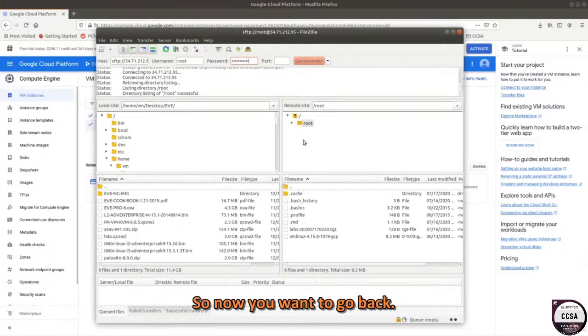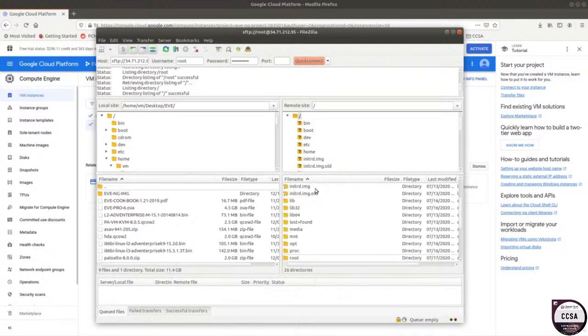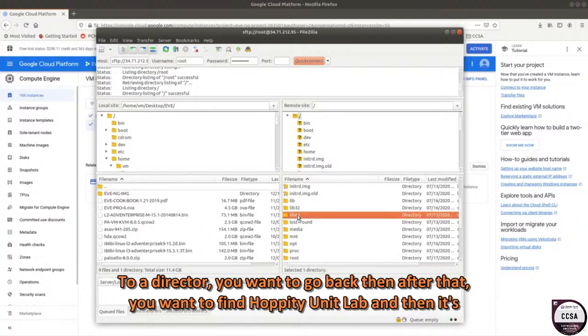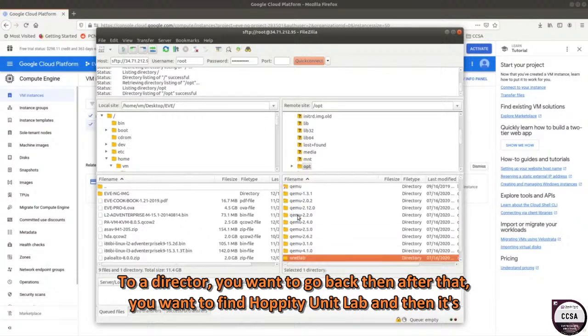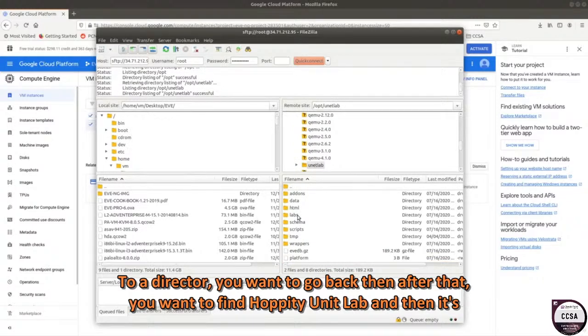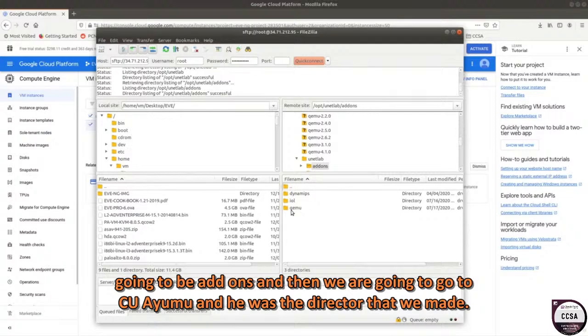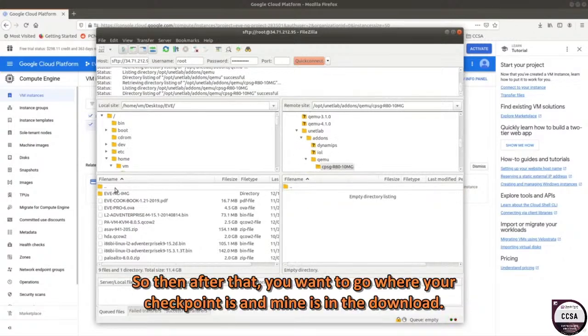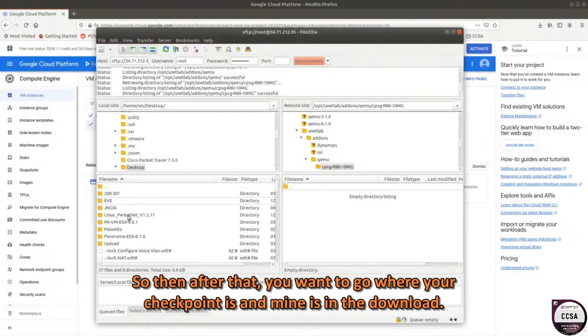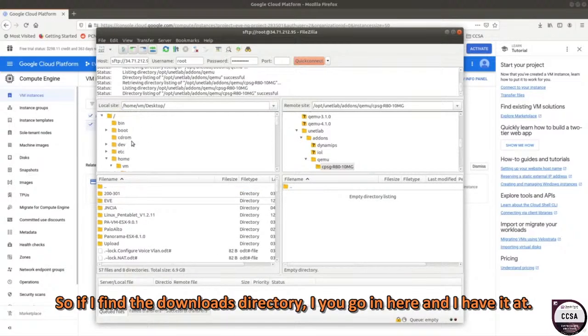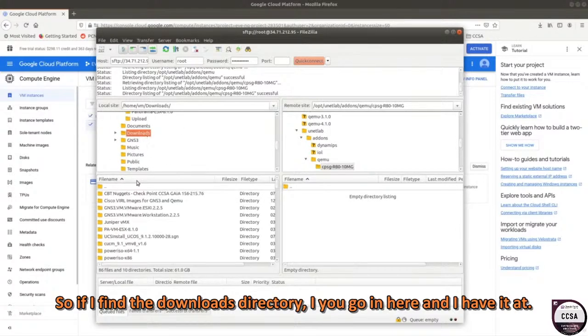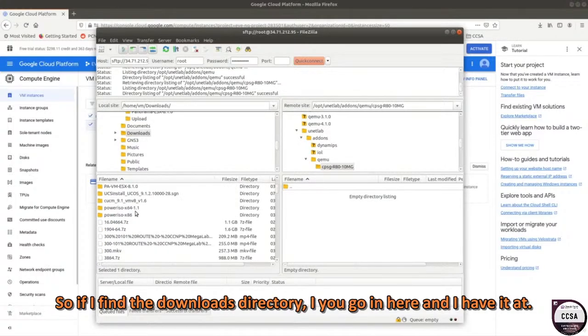So now you want to go back a directory. You want to go back. Then after that, you want to find opt/unetlab, and then it's going to be addons, and then we are going to go to QEMU, and here's the directory that we made. So then after that, you want to go where your checkpoint is, and mine is in the downloads. So if I find the downloads directory, there we go, in here, and I have it at,